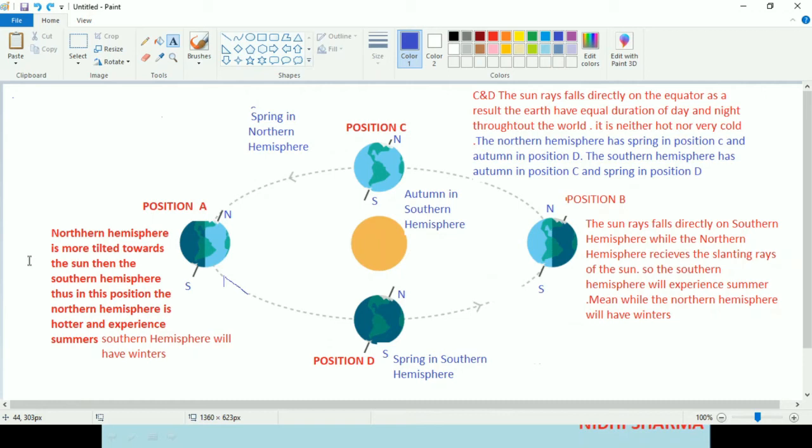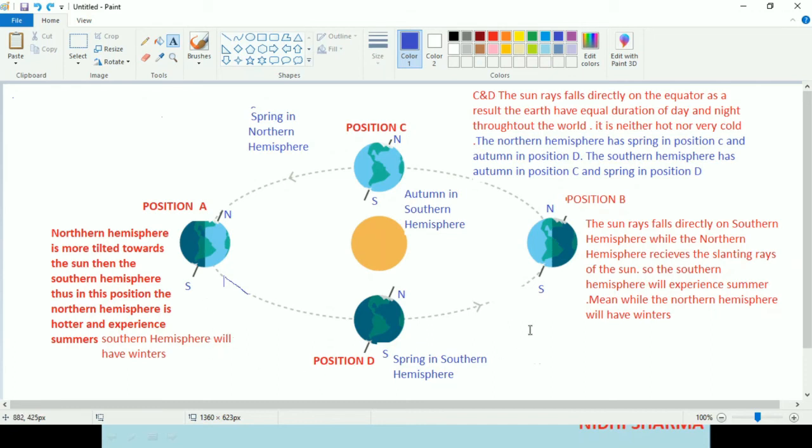So in this position, the northern hemisphere is hotter and experiences summer, and southern hemisphere will have winter. You can see here this part of the earth is tilted more towards the sun. So this is the northern hemisphere, so this part will have summers and the southern hemisphere will have winters.